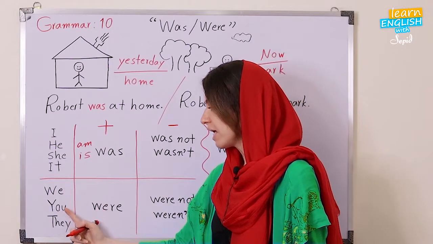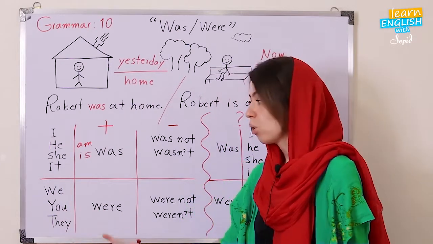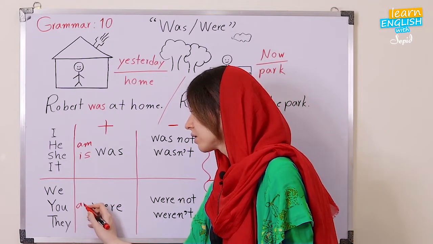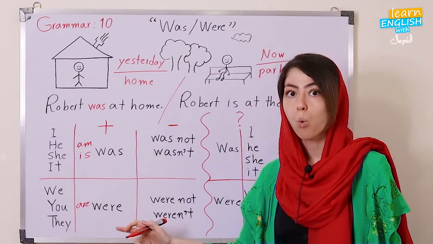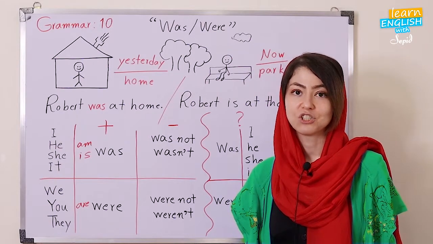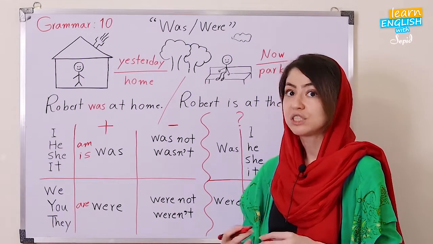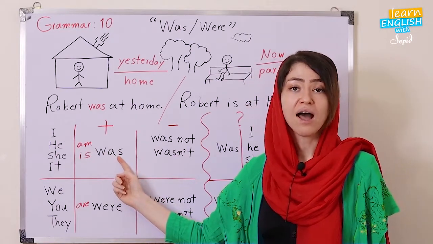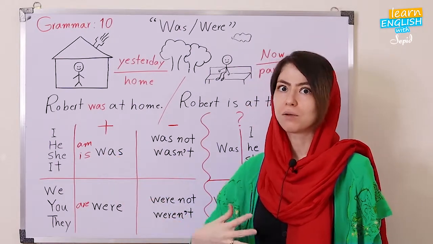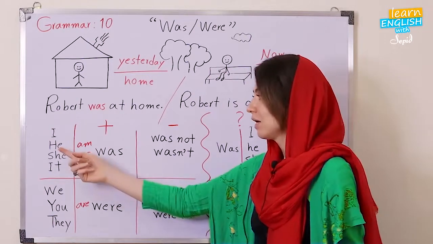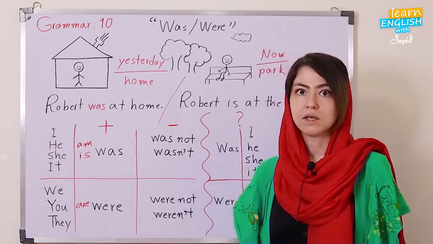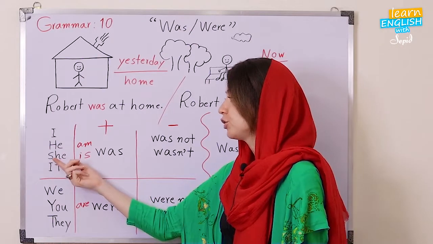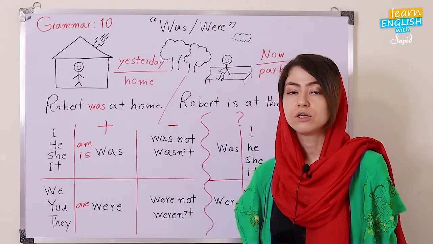So how about we, you, they? The past tense of are is were. Okay? So that's it. So we should say I was hungry. Okay? I was hungry. I needed food. So he was at home. She was